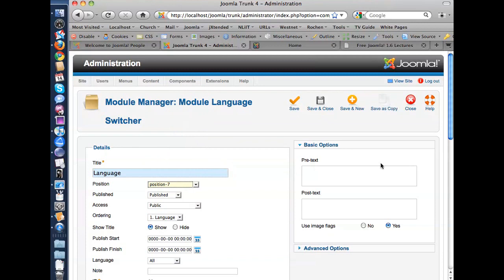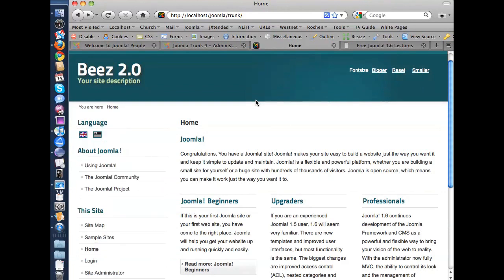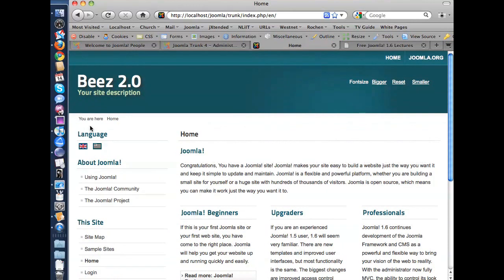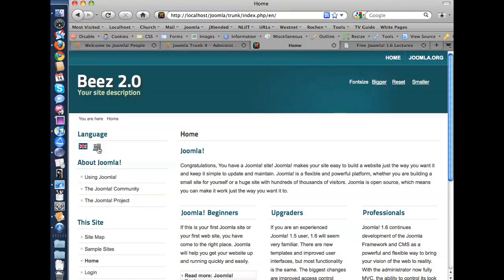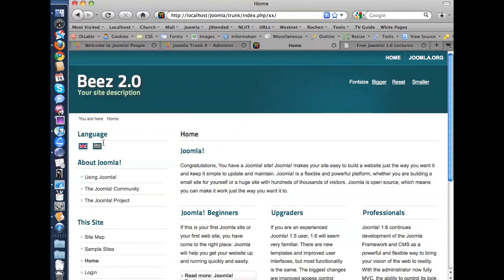So I'll change that to position 7, apply that. Yay, we got it there, okay. So now we can click on the Queen's English and only content that is in the Queen's English or all is displayed, or we have this strange test language called XXXXXXX. I don't think it actually relates to anything. So we can click on that language and